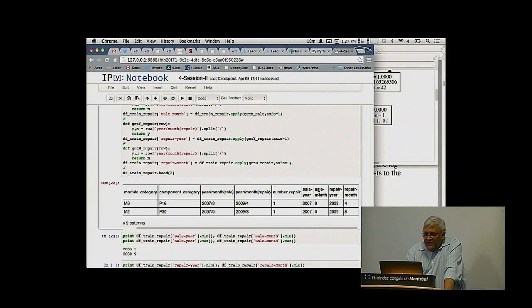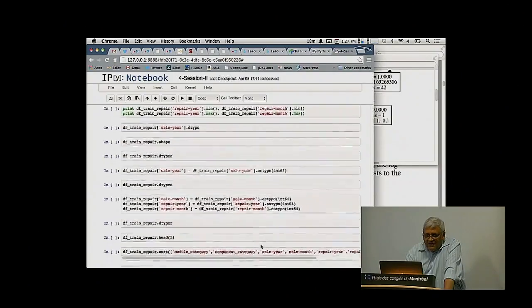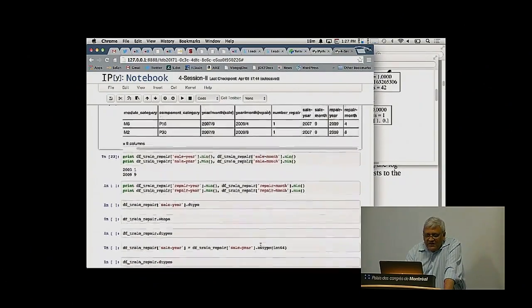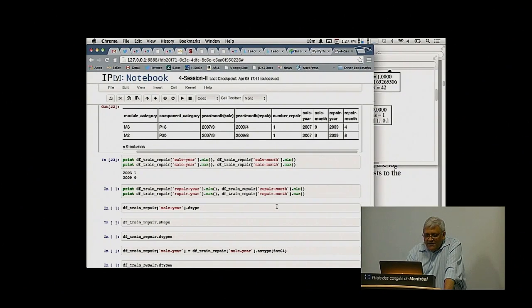You separate the year, separate the month for the repair and the sales. Right? So now at least we have these things separated. Once we separate these things, one of the things that happens is I'll show you